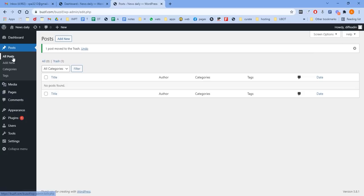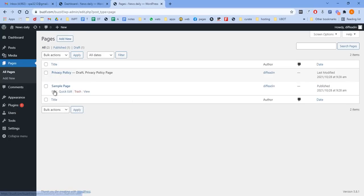Okay, so go to all posts, and remove and trash that post. Go to pages, click all pages, and remove the sample page. Yes,